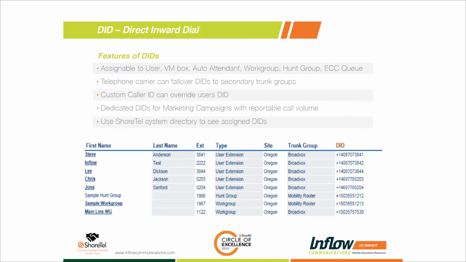A couple other nice features of DIDs is failover capabilities. With your telephone company, if you have two PRIs or two different SIP, you can use the carrier to failover DIDs from one service to the other. They can either do call forwards if it's to different carriers, or if it's the same carrier, like at two different locations, they can just move the DIDs from one location to the other, so that if we do lose dial tone at one location, all of our DIDs can be set up at another location for failover capability,